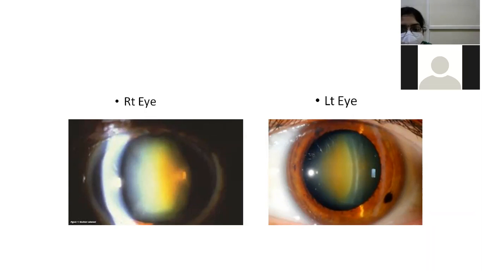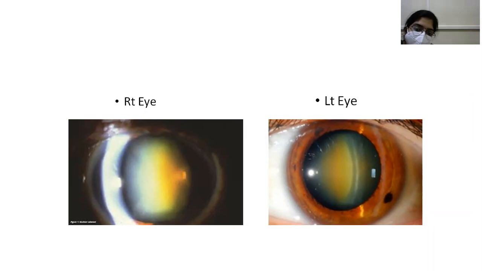Okay, in this picture, what is the rough size of the pupil you can see? Especially in the left eye, it's more clear. What do you think is the size of the pupil? Is it normal size or dilated or what? Dilated, ma'am. Okay, it is a dilated pupil. It is not completely dilated because you can see the iris still. Yes, ma'am. The iris is quite visible in the periphery. This is more than a mid-dilated pupil, but not yet completely dilated. Okay. What else will you look for?